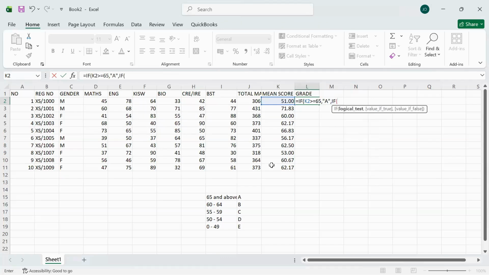comma, then value if false, I will set another if function. So if the mean is greater or equal to, next I have 60 to 64, so this is 60. If the mean is greater or equal to 60, comma, this should be grade B, comma, then value if false, if the mean, I can just type here K2, if the mean is greater or equal to, the third one is 55, comma, that should be grade C, comma, then value